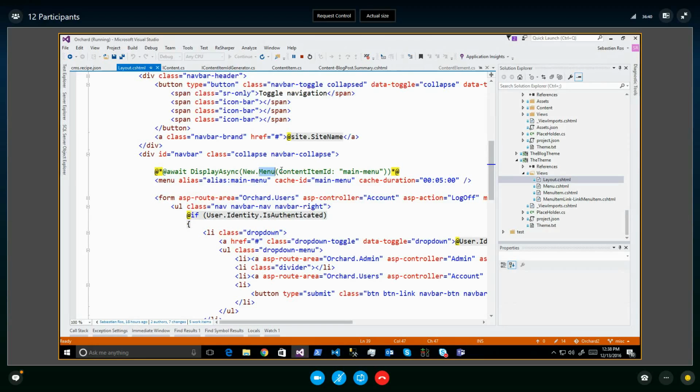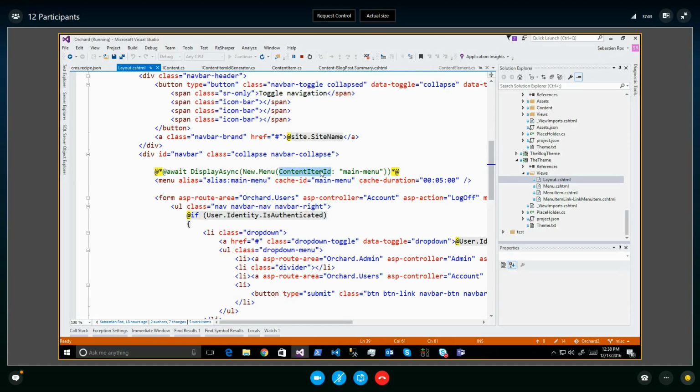It doesn't have anything. It just has a property, content item ID. It doesn't have the menu items and the content item loaded. So when I say display, when the shape is processed and rendered, at this point it will load the menu items. And to do that, it needs a property,